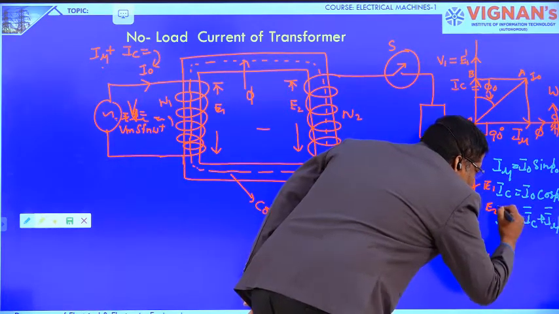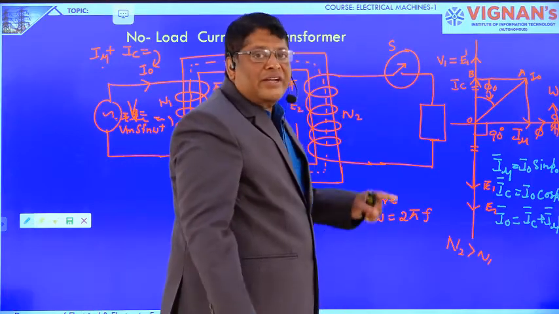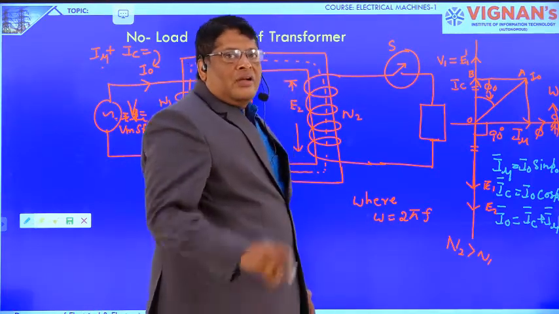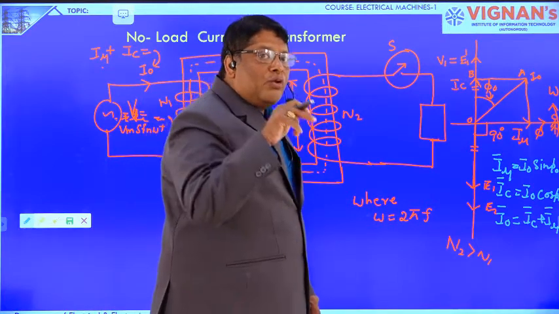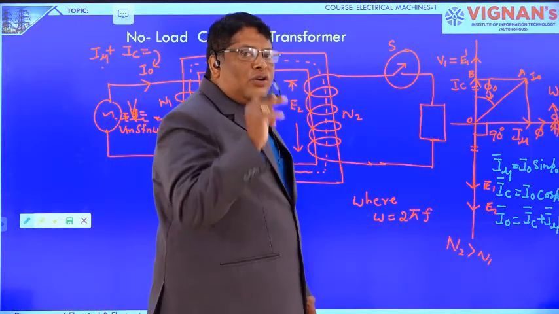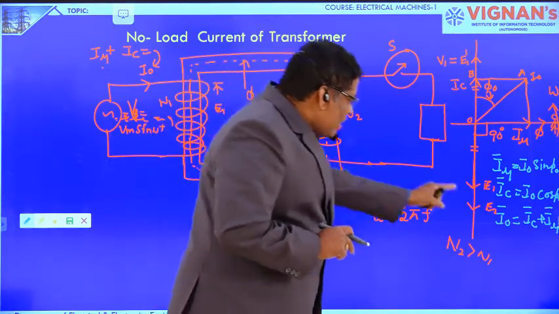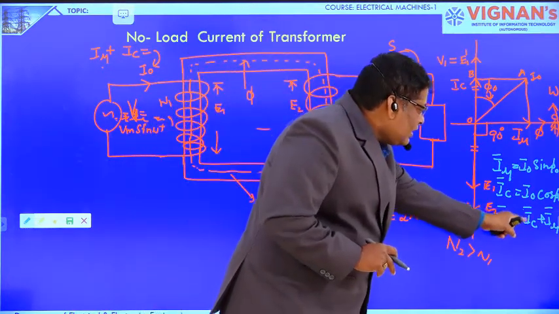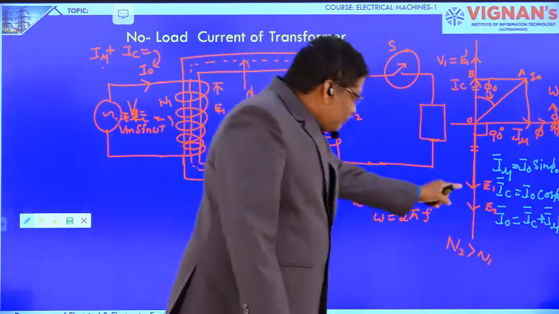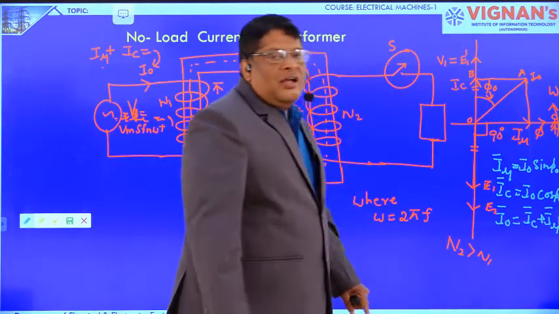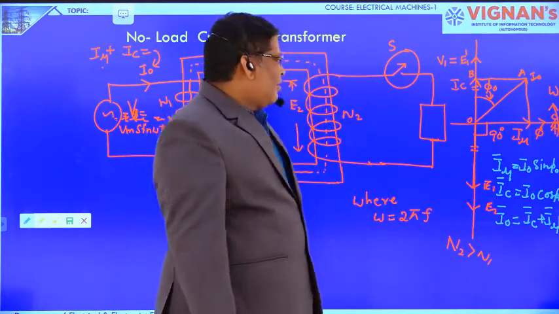All these are phasors. A phasor is nothing but a rotating vector. Vector and rotating vector are different. Only the rotating vector is the phasor, which represents a sinusoidal quantity. So here I naught equals IC plus I mu, with a bar. This bar represents the phasor. This is the phasor sum.